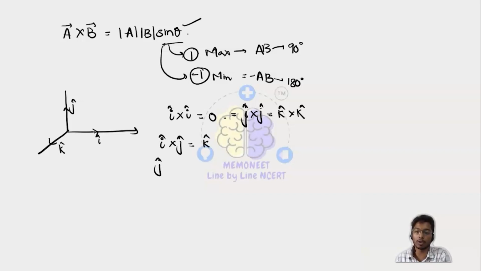Then j cross k is equal to i cap, and then k cross i is equal to j cap. Anything which has the cross product in the opposite order, then we will have a negative on the product side. Let's say we have j cross i,